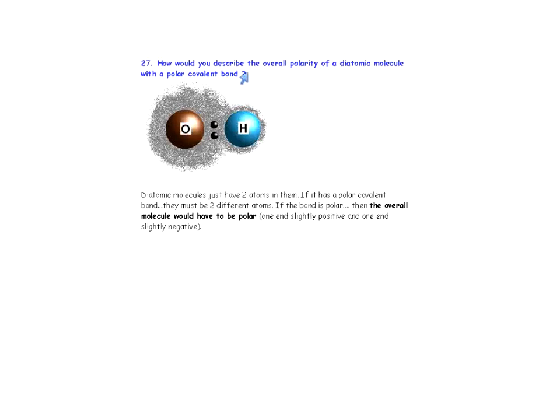Okay, so question 27 says, how would you describe the overall polarity of a diatomic molecule with a polar covalent bond? That's a bit of a mouthful, eh? You should come up to your parents tonight at supper and say, I learned about diatomic molecules with polar covalent bonds. And they'll just kind of look at you like, what? Anyways,